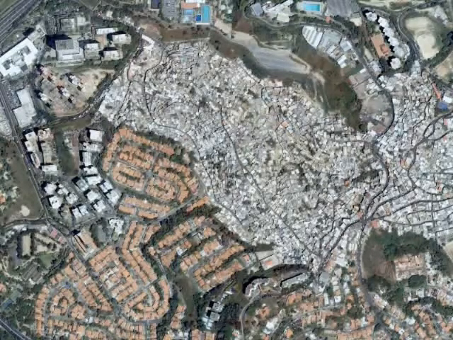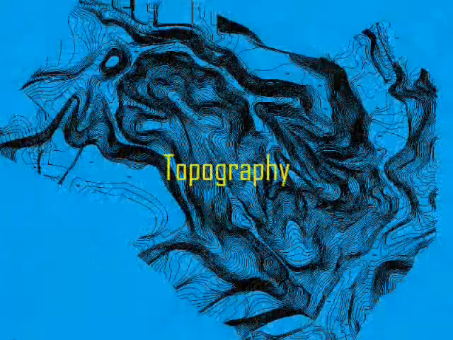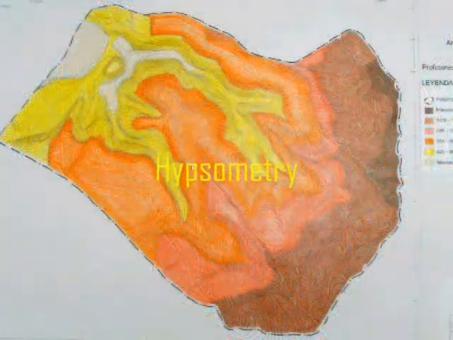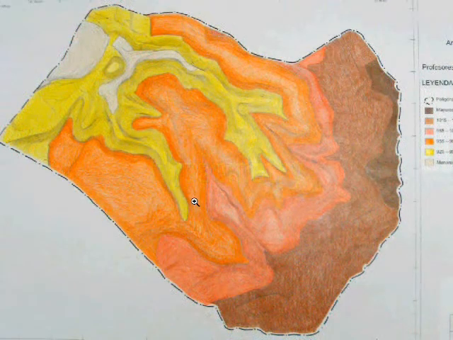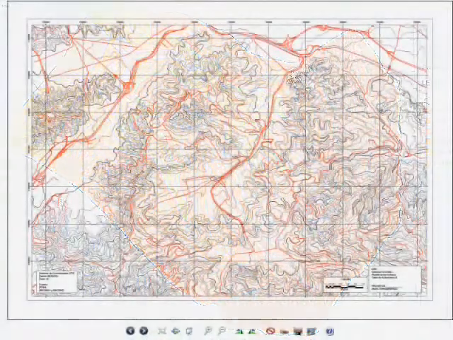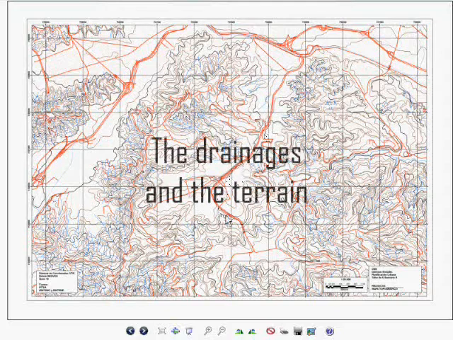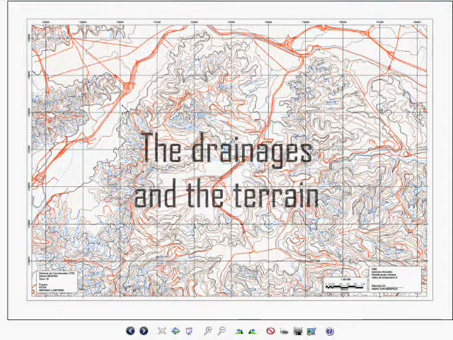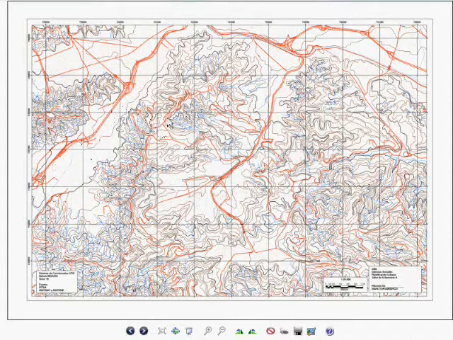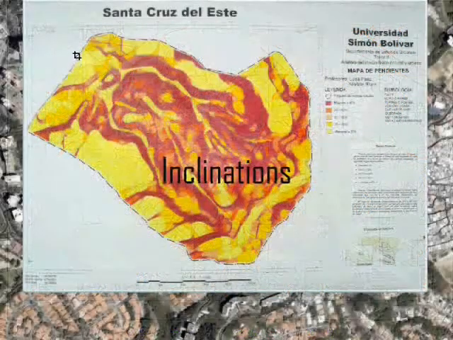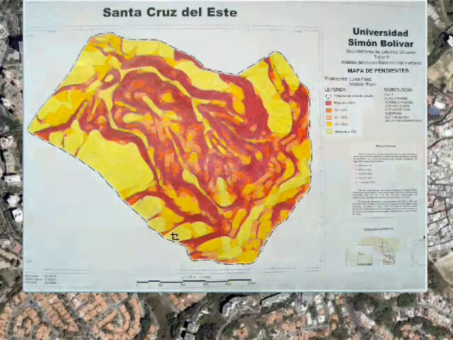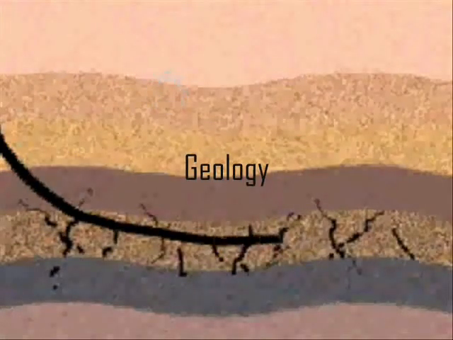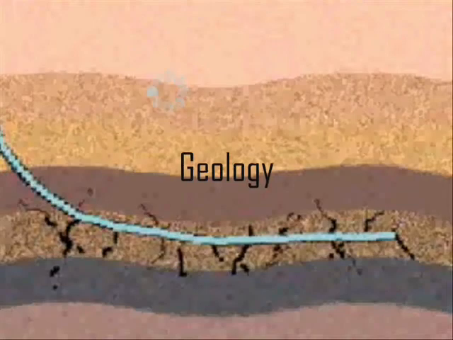The first thing we do is to look at the topography basics to get an idea of what we have to deal with, starting by analyzing the curves to obtain the heights of the zone. It is called hypsometry, and then we can know the kind of landscape. Then we mark the rivers and the natural drainages to see their influences in the terrain. Other thing that we determine by the curves are the inclinations. We look as well for data about the composition of the terrain and the processes linked to the kind of geology that it has.